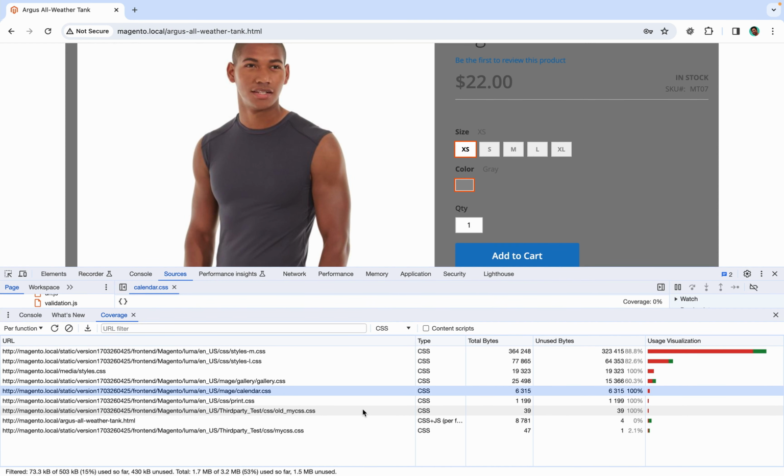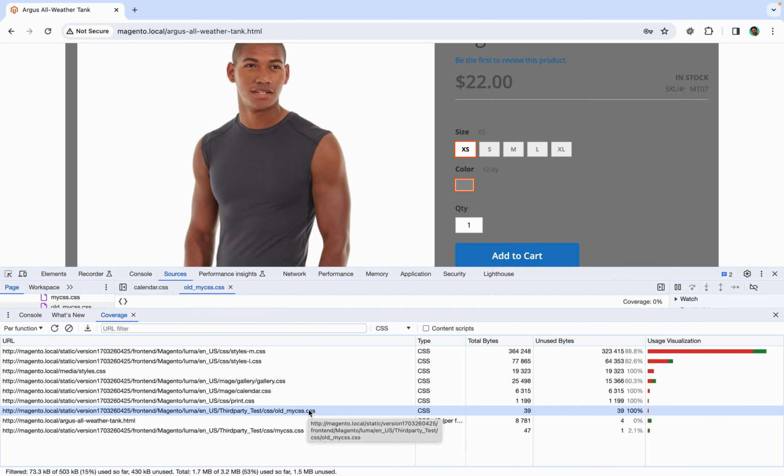For example, I have added one custom CSS file in my project here, which is not required for my project. Earlier I needed this CSS file, but now I don't need it, and I can also see that this file is not used anywhere in our website, anywhere in the pages which we have visited. So I will go ahead and remove this. So this is how you have to identify all the CSS files which you don't need in your website. So use this coverage tool to identify all unused CSS and JavaScript files from your website.